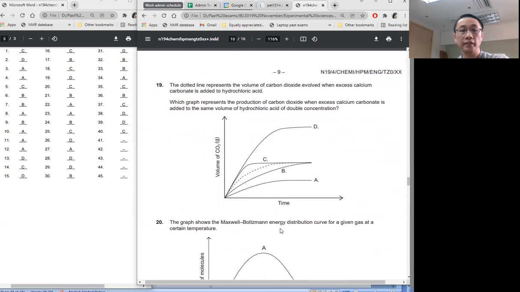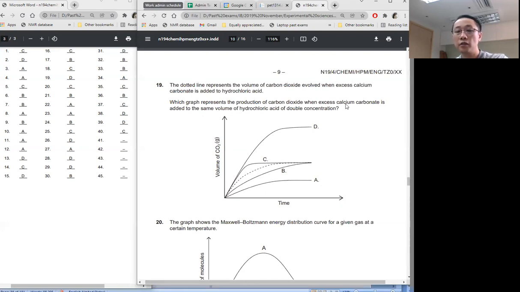Okay, question 19 is about analyzing monitoring graphs when you're trying to study the rate of reaction, when the reaction is performed under two different settings. You have an old reaction, and the new situation involves doubling of the concentration of a reactant. Doubling the concentration will increase the rate of a reaction according to collision theory. Doubling the concentration may also result in the production of more products, as long as the species whose concentration is